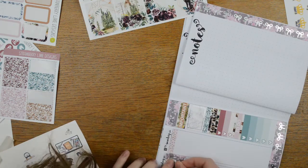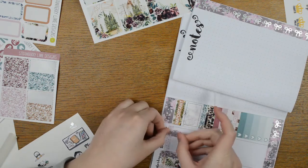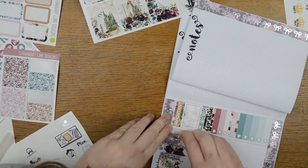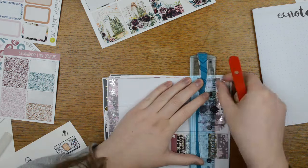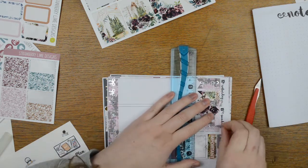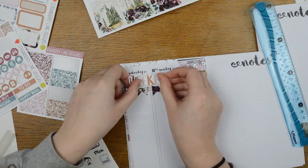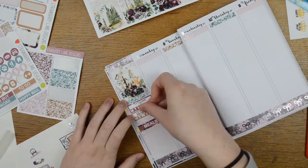There also aren't really the sidebar titles that I would want in Strawberry Lime Designs kits. I don't really use headers other than in my sidebar. She's got lots of little thing headers and lots of today and to-dos, but she doesn't really have any other headers. She has a few, like work and important, but I could do with 2 important ones, or something like goals and important, because I don't have anything. I've used that important there, and then in my memory planner I've had to use 2 little things for my journaling section and for my